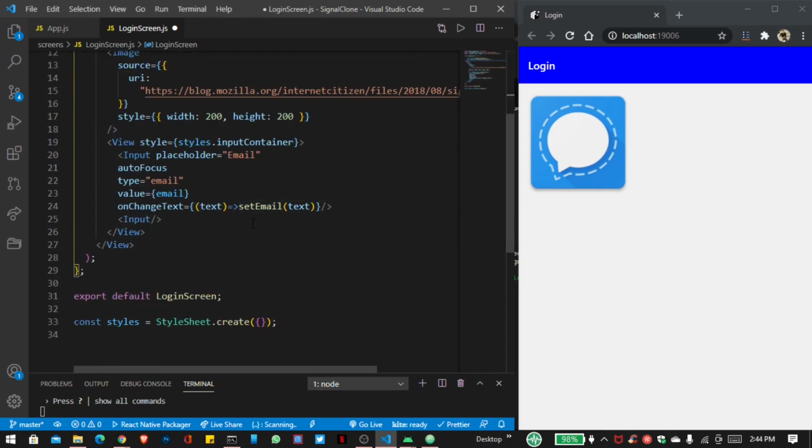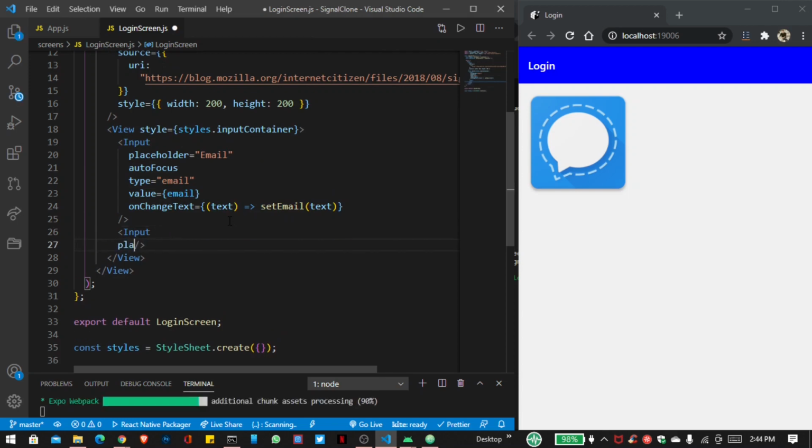So here you can see by default our email is null, and when the user enters the text we are providing this on change text functionality, and we are passing this text to our email. So our email state will be changed,